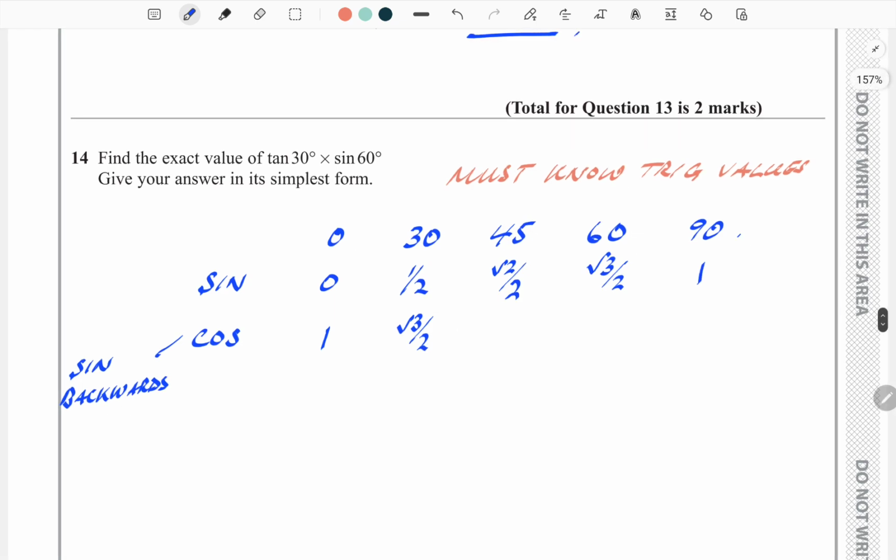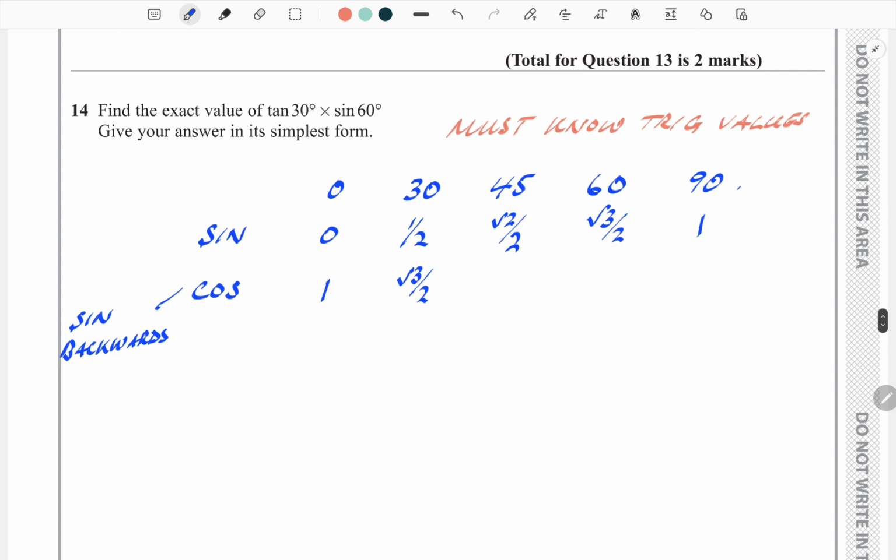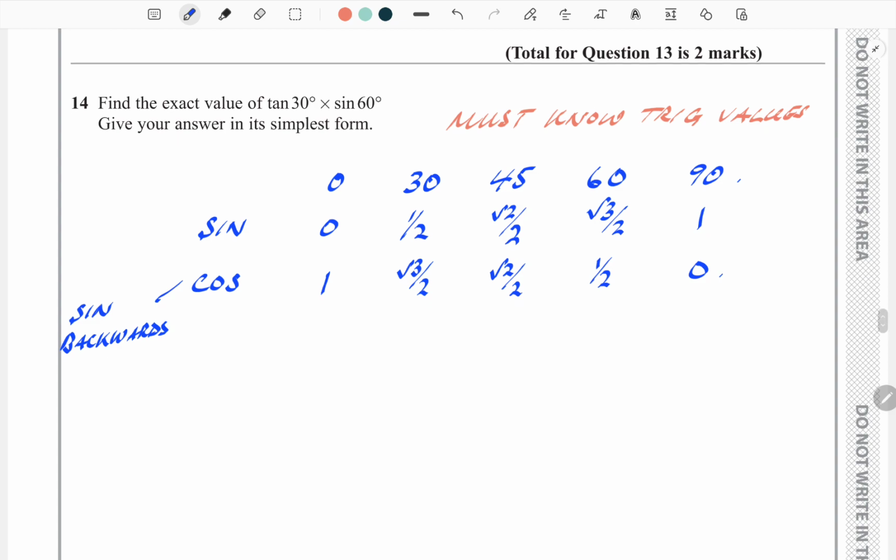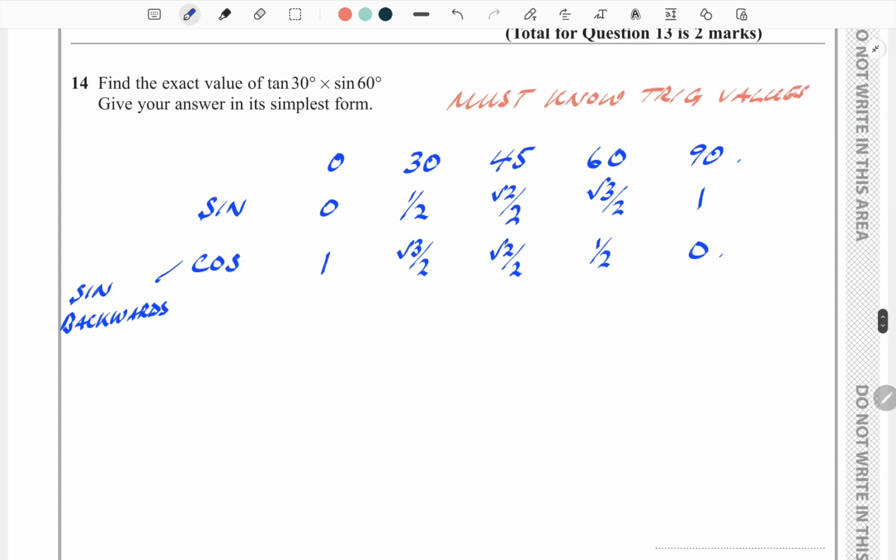And cos 45 stays the same, root 2 over 2. And cos 60 is a half. And cos 90 is 0. So given those angles, sine and cos are actually just reverse, put them in reverse order. And then finally, tan